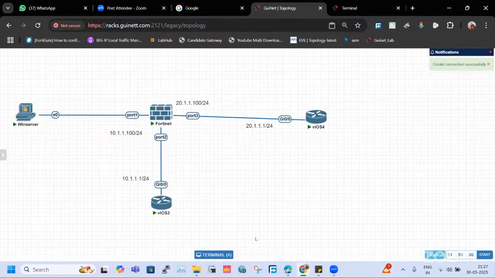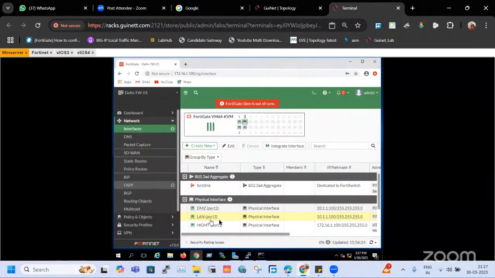Port number 2. Okay. Let me verify the configuration once again. Terminal, firewall, port number 3,